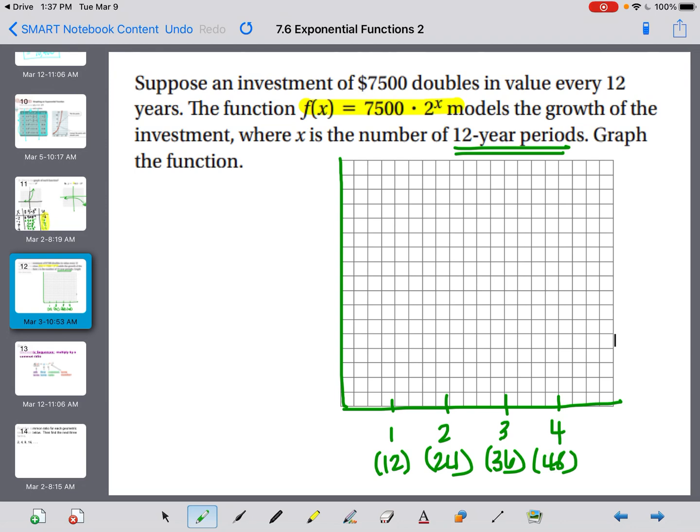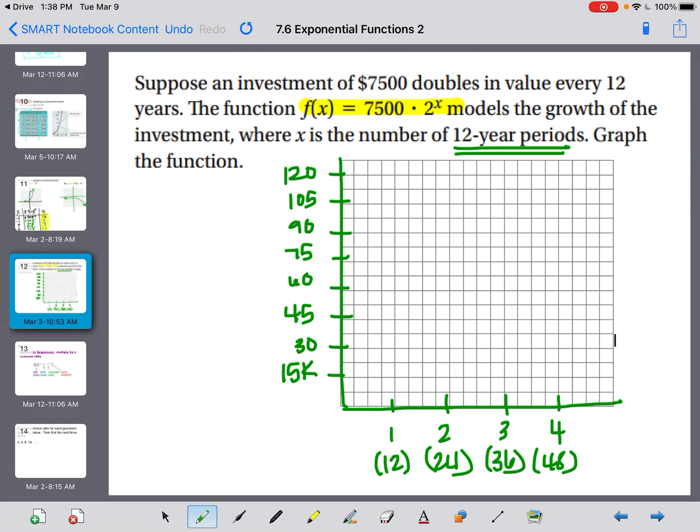Okay, and on the y-axis, we're going to put this money. I'm going to start with 15,000. All of these will be thousands. And then 30, 45, 60, 75, 90, 105,